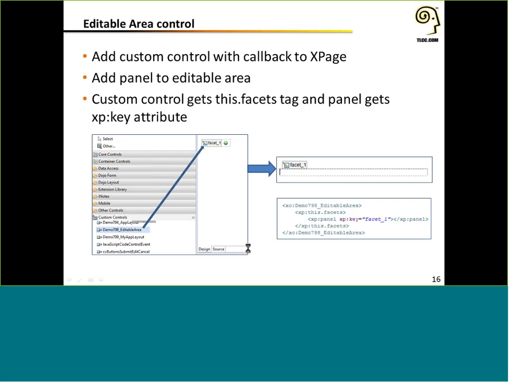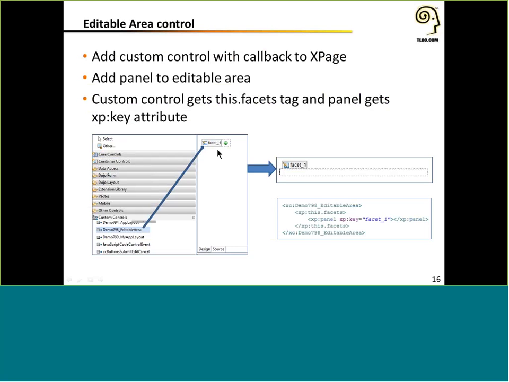So once we've put a facet on a custom control, if we then take that custom control, drag it onto an XPage, this is what we see here. As Paul had mentioned, when you've got a facet that's ready to add content, you see this green circle and this dotted outline around it. And that's your indication that you can drag and drop some other control inside of it.